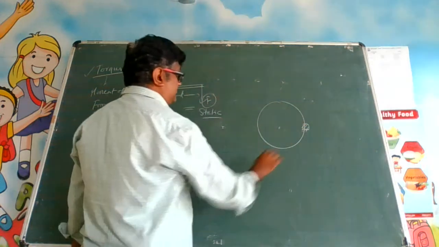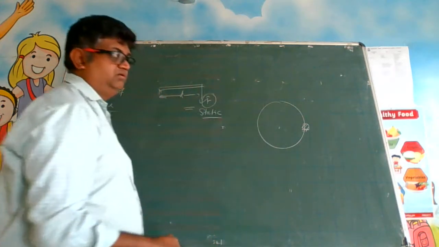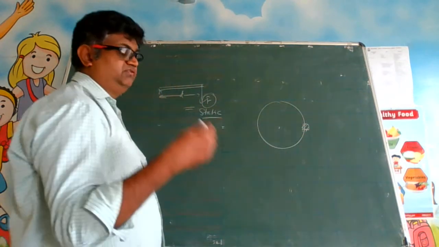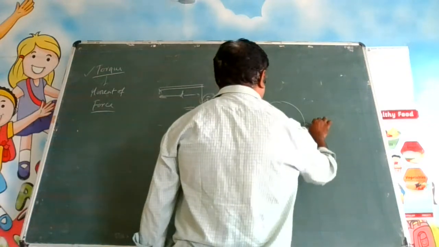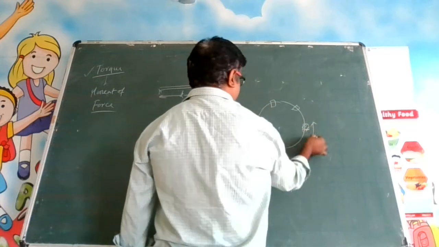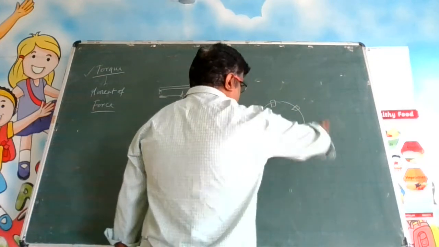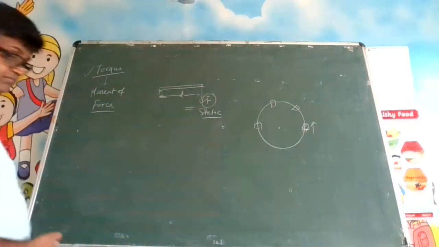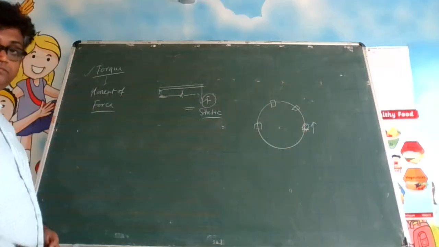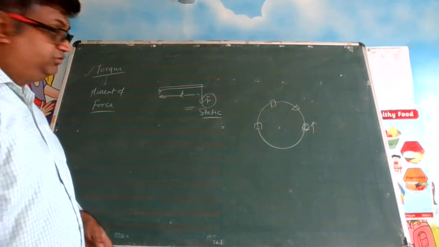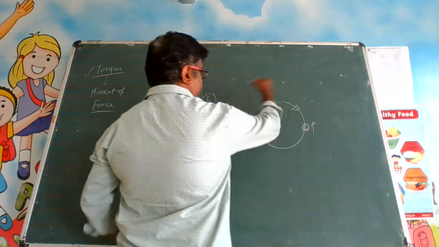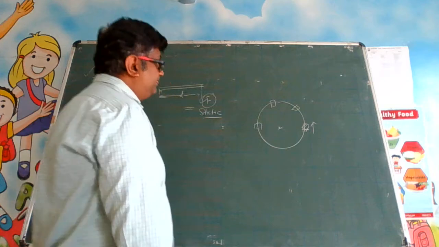Now this mass is rotating around the circle. So the mass is there, meaning it is going with a force, let us say. After some time this force is here, this mass is here. So it is rotating around. Let us say there is a mass which is rotating round about this fixed point.